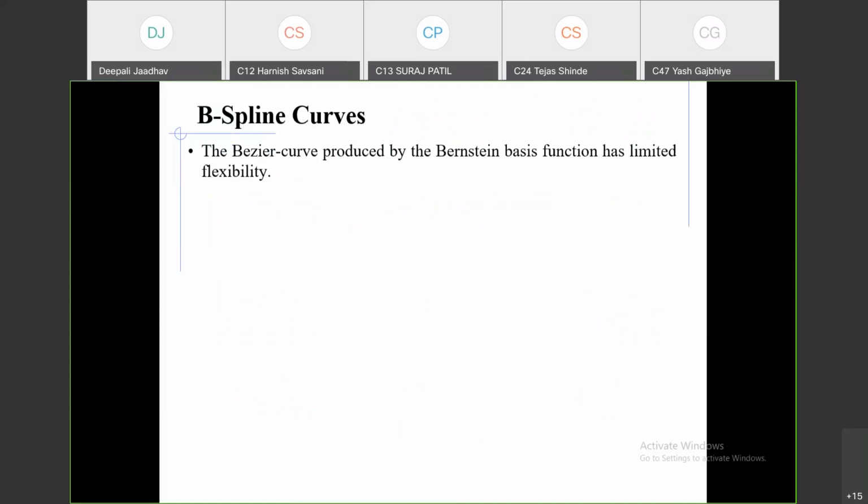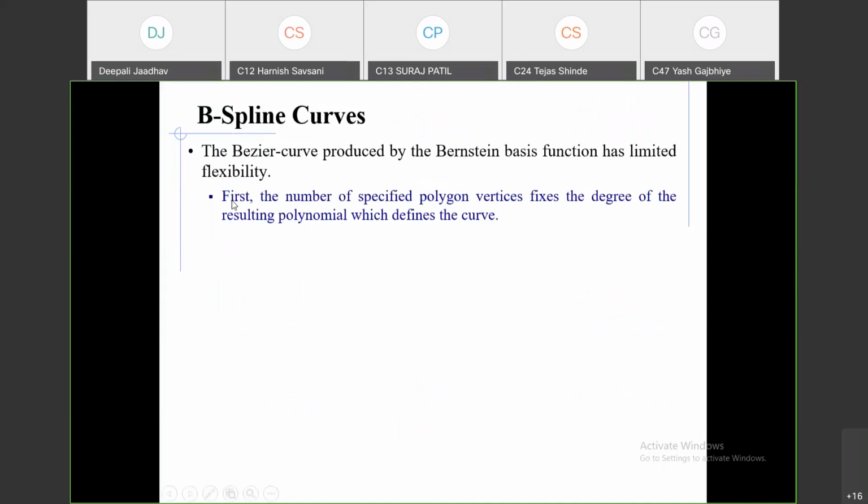The Bezier curve produced by the Bernstein basis function has limited flexibility. What is the limited flexibility of the Bezier curve? First, the number of specified polygon vertices fixes the degree of the resulting polynomial which defines the curve. For example, in a Bezier curve, when we consider that there are four vertices in the polygon,